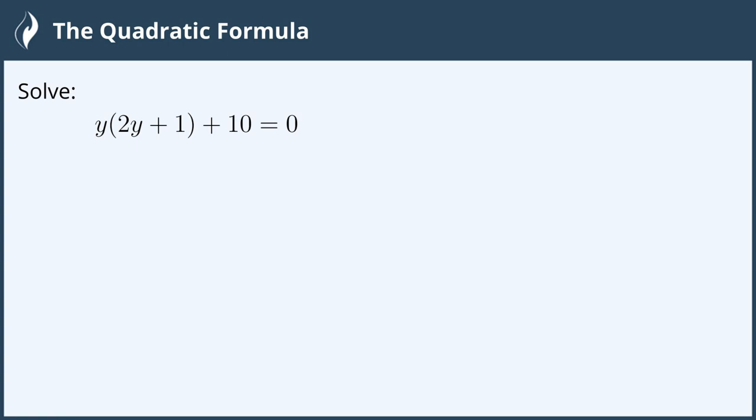The first thing we need to do is the distributive property so that we can get rid of these parentheses. This first one, y times 2y, gives us 2y squared, and y times 1 is plus y. And we still have the plus 10 equals 0. This is in descending order, so we have y squared, y, and no y, which is important for our quadratic